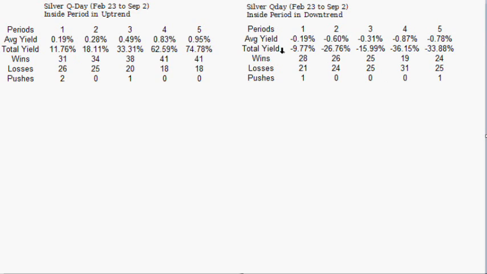Within an uptrend, and this only goes up to September the 2nd, if you hold it for one period, you see at the end of the period, oh, it's an inside period, I want to go long. If you hold it for one period, you would be getting 0.19% per play on average and a total yield of 11.76% from February the 23rd to September the 2nd. An overall gain of 18% holding for 2 periods or a half a day, 33% for holding 3/4 of a day or 3 periods. Full day would give you a total yield of 63% almost,